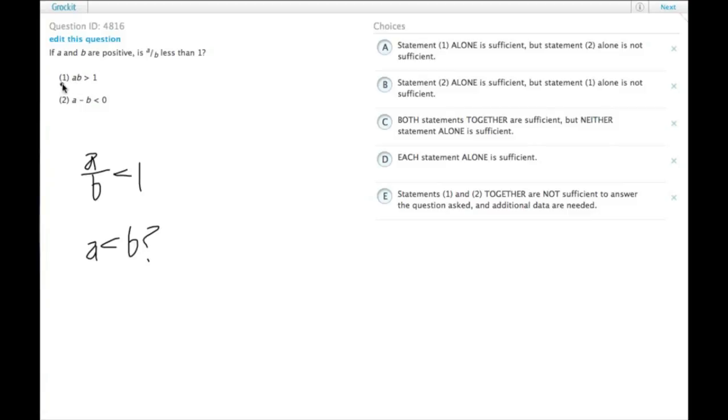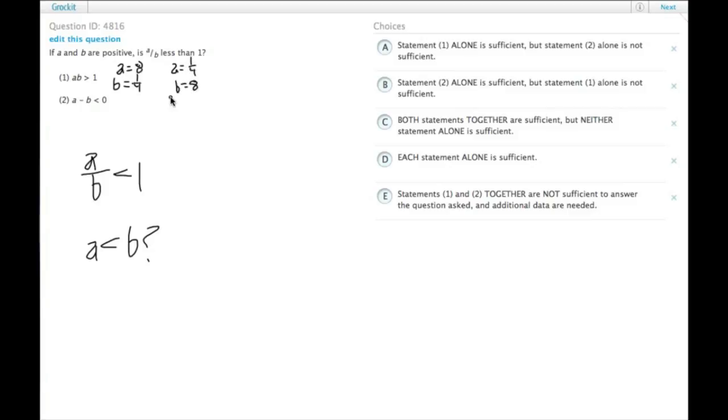So statement 1 tells us that a times b is greater than 1. Of course, if both the numbers themselves are greater than 1, then if you multiply two numbers together, they would be greater than 1. But even if one of them is a fraction, if we say a equals 8 and b equals 1/4, 8 times 1/4 equals 2, that's greater than 1, but it could equally be a equals 1/4 and b